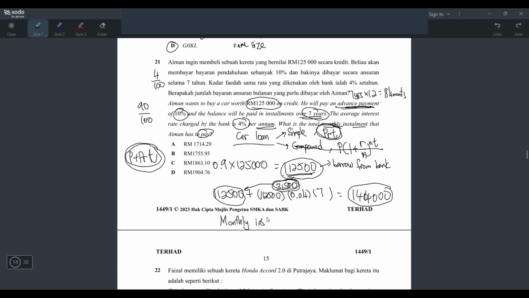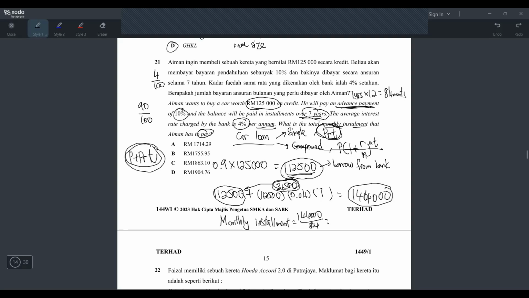It will be the total loan repayment, which is 144,000 divided by 84. Or you can also do it like this: take the 144,000, divide by 12, divide by 7. It is also the same, the same as dividing by 84. So you press, you get